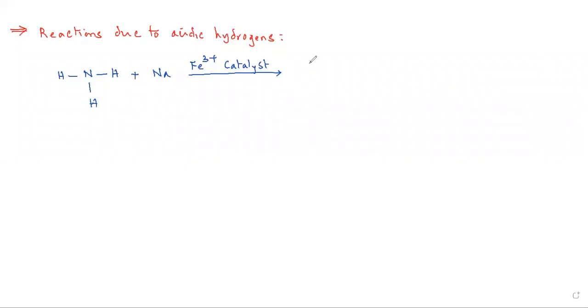Sodium reacts with ammonia to form sodium amide or sodamide. One of the hydrogens is removed, eliminated. Now this sodium amide